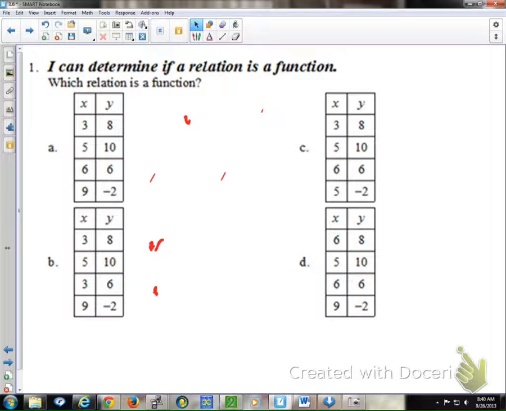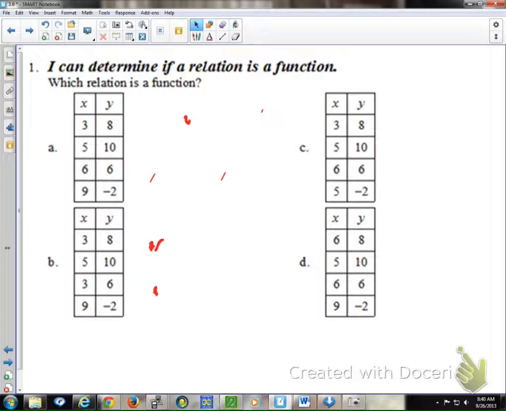Now, here's the point of all this. Let me give you a real-world example of a function. If I said, let's mark the temperature at 8 a.m. every morning, right? So yesterday it was this temperature, today it was this temperature, tomorrow it's this temperature. But if I had 2 markings for yesterday, what does that mean? How could we have 2 temperatures at 8 a.m. in the morning on a certain day?